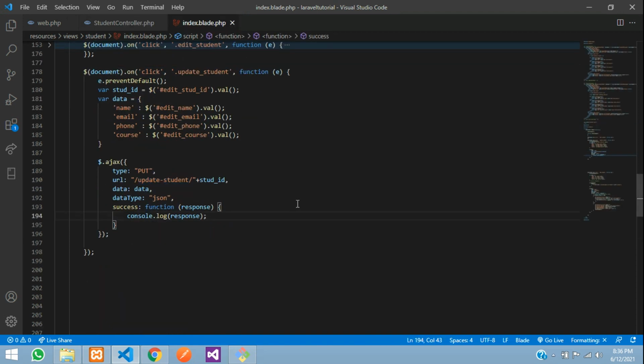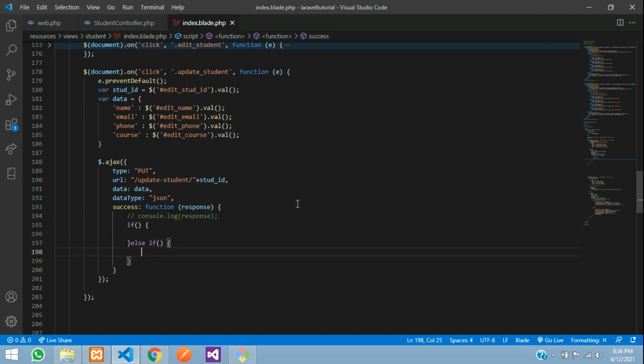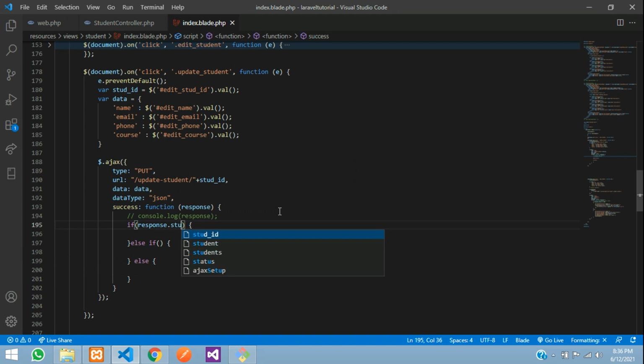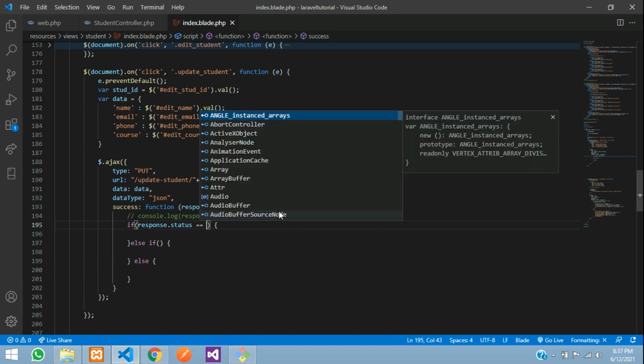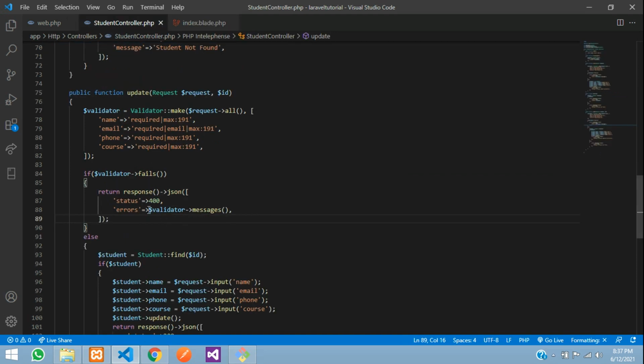So now over here, let's start with the conditions: if, else if, else. First condition will start with response.status is equal to 400. This 400 means input field errors.